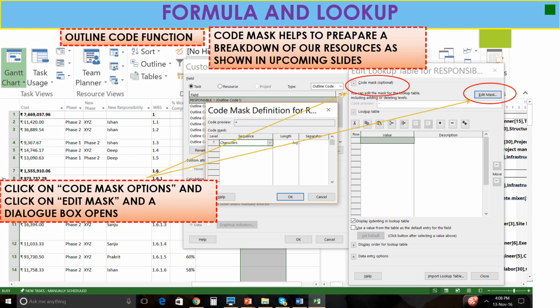Click on Code Mask Optional and click on Edit Mask, and a dialog box opens. Here you can see the Code Mask Definition for Responsibility Outline Code. So go to Code Mask Optional, edit the mask, and then this Code Mask Definition dialog box will open.